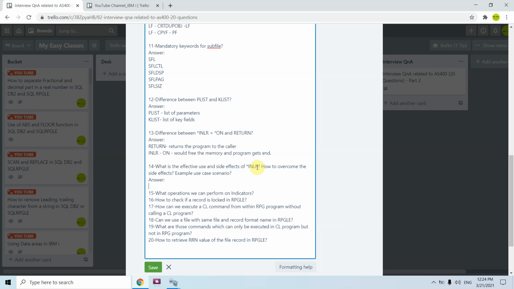So you don't need to always load that file and load that array. You can load that once, because that is static and won't be changing during your process execution. So yes, in those cases you can avoid *INLR set to on and you can use *INLR off. You can overcome the issues which may occur, like variables reinitialization. You can do these explicitly, you can open the files explicitly even. So that's all which I would say.